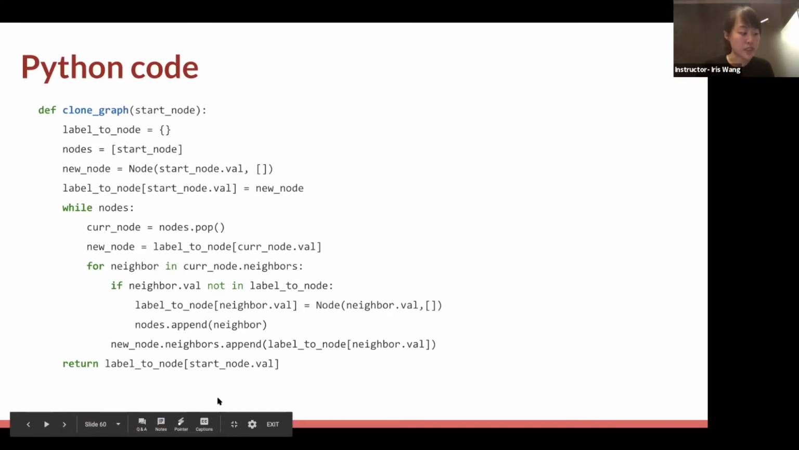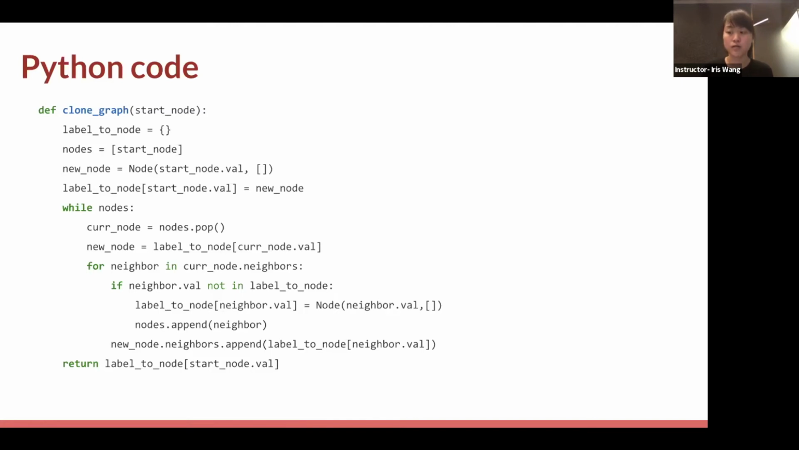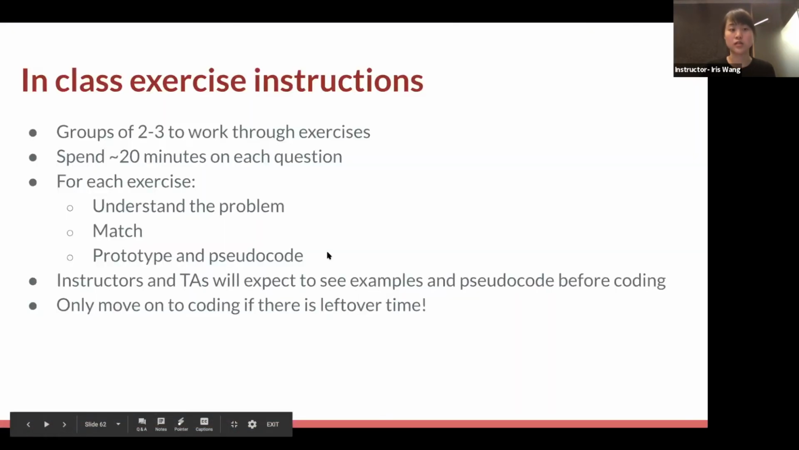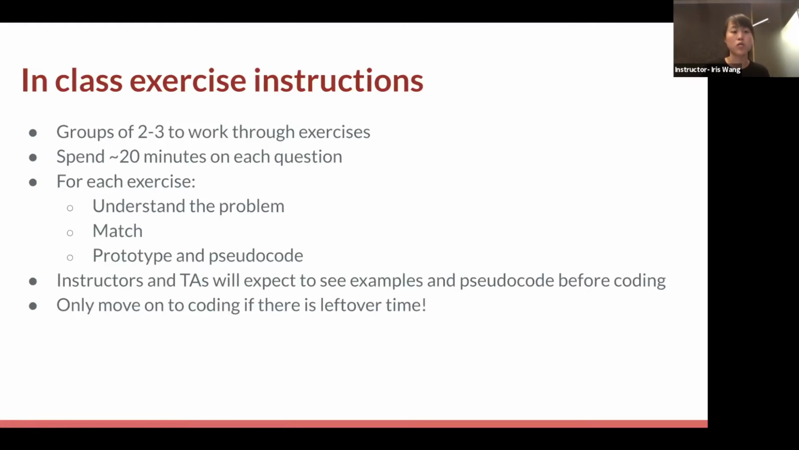Cool. Aside from that, we have around 40 minutes left of class. I've picked out two problems that I think are pretty representative of common graph problems that I'd like you to break out into pairs and try to do. With the in-class exercises, we'll break you out into ideally groups of 2. There might be groups of 3 if there are issues. We'll try to spend around 20 minutes on each question. For each problem, we're trying to get you more exposure to different types of graph problems, to understand the problem and match it to what you know,